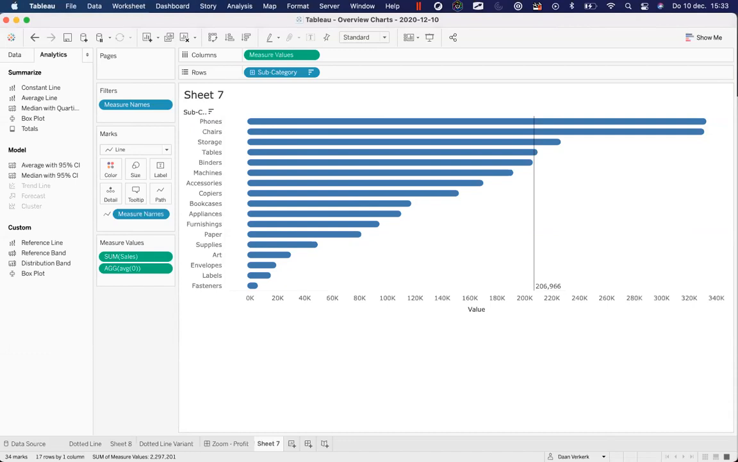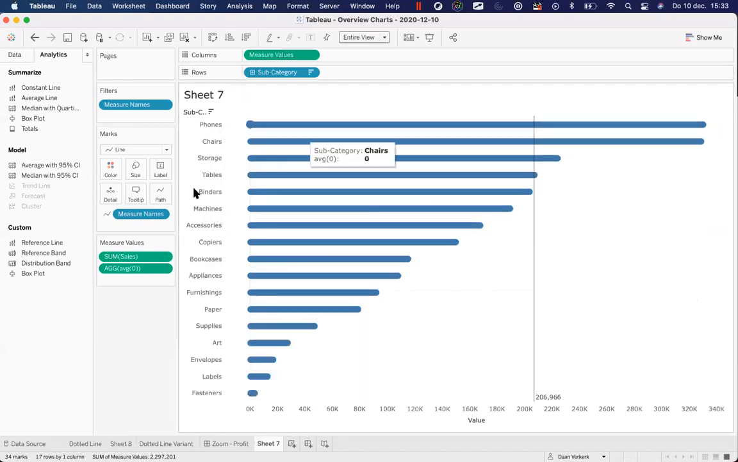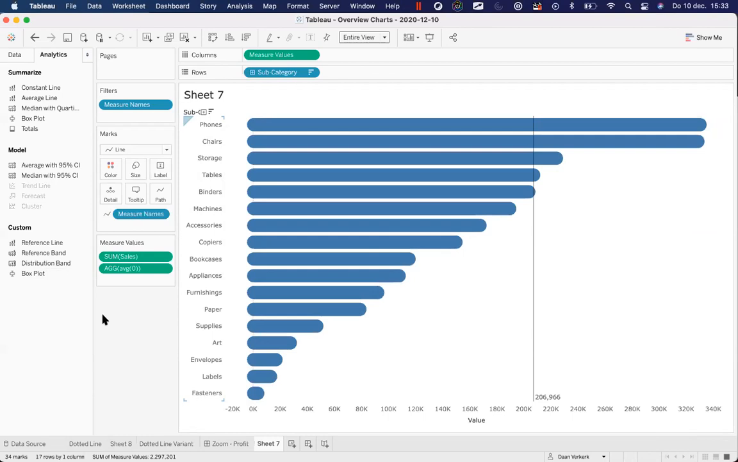The only thing that I maybe have a little bit of an issue with is, as you can see, I've set in a constant reference line, which has the value of 206,966. And by the looks of it, storage at the moment has exceeded that value. And what I'll do, I'll show the entire view, so it's a little bit bigger. And I think with size, we could make it a little bit fatter. So both binders, tables, storage has far exceeded